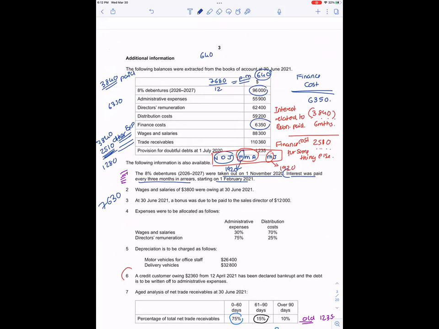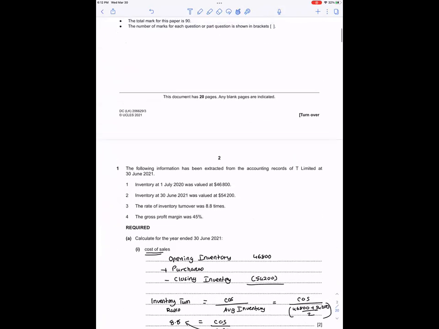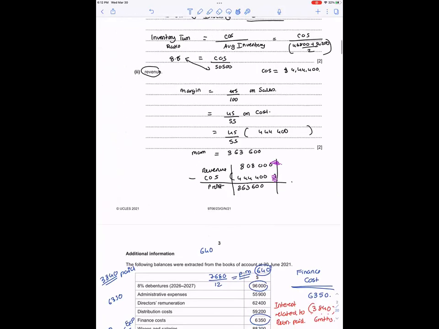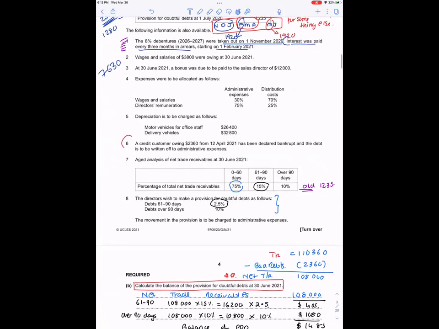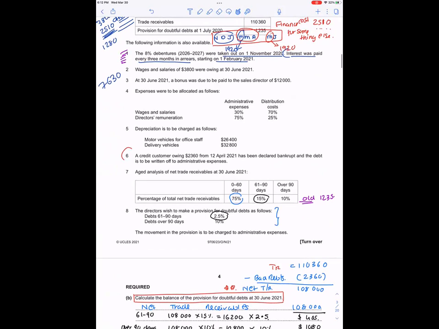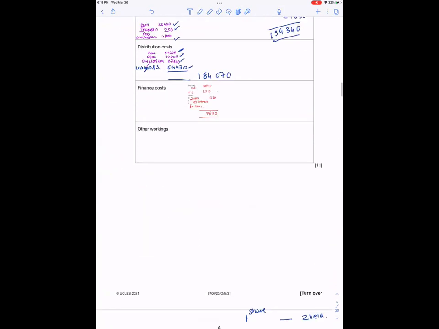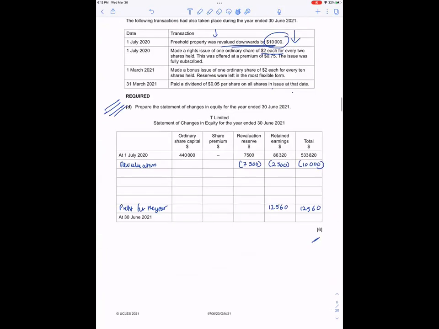Where are the shares? You can just divide the value of the share by the share price. Where is the value of the share? Yes, it's in the statement. Which statement? The statement of changes in equity, like the opening balance. Yes, this is given. The ordinary share capital is given.